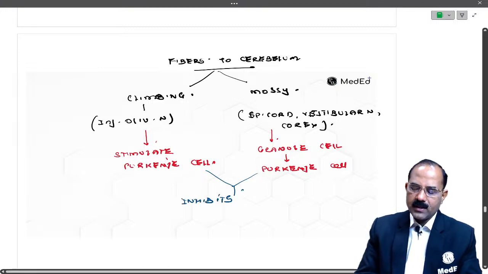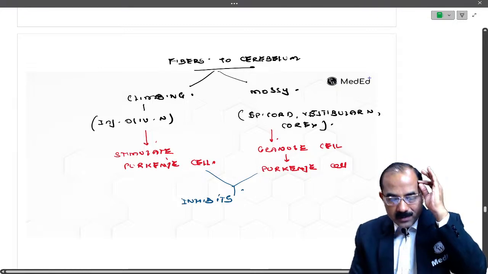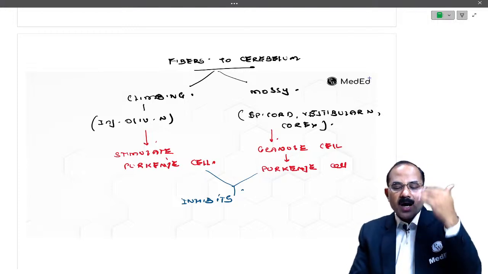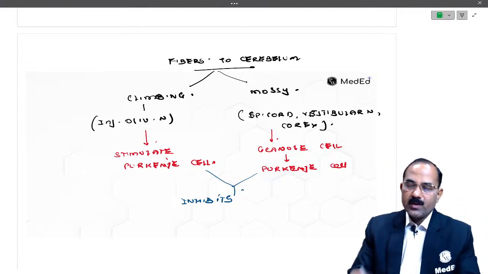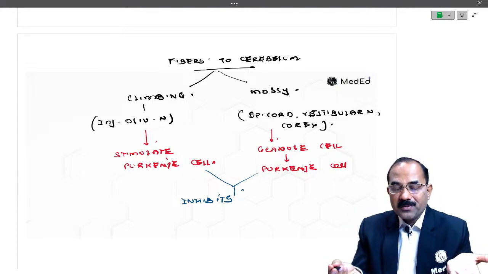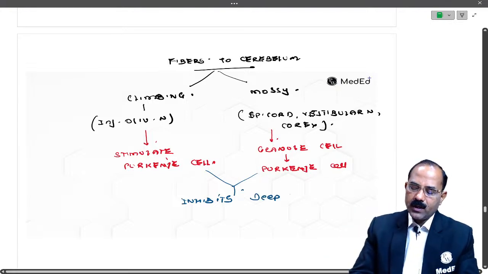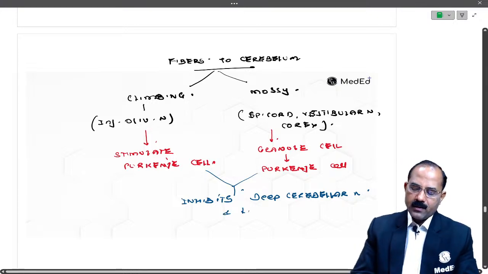The Purkinje cell is the only motor output from the cerebellum. Take this from me, that's a very important MCQ. The only motor output from the cerebellum is the Purkinje cell. Remember this. It inhibits the deep cerebellar nucleus and lateral